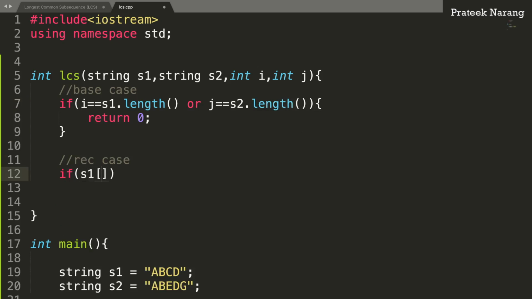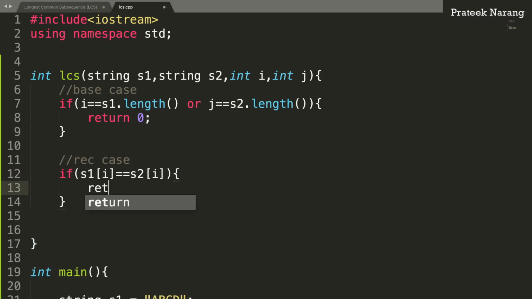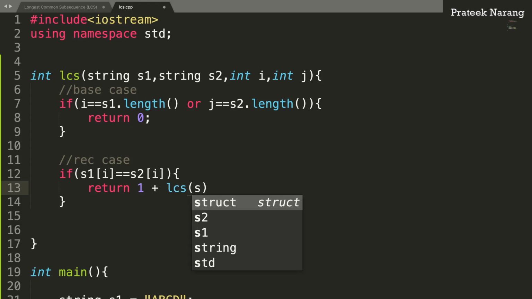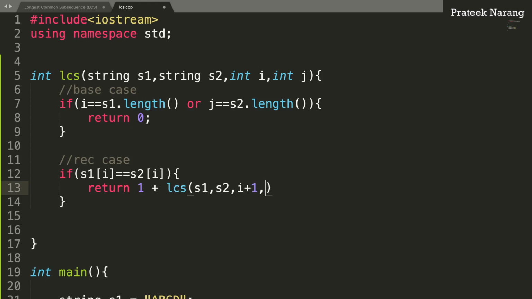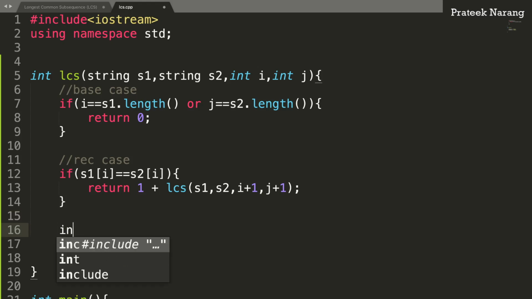So if the current character matches, you add 1 to your answer and you make a call on the remaining sub problem. So that would be LCS of s1, s2, i plus 1 and j plus 1. Otherwise, if the current indices don't match, then you include one of them, right, in one option.